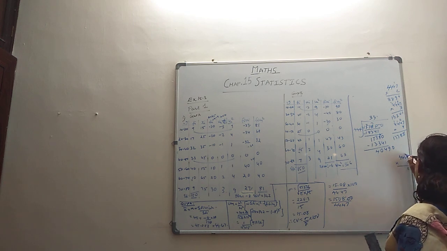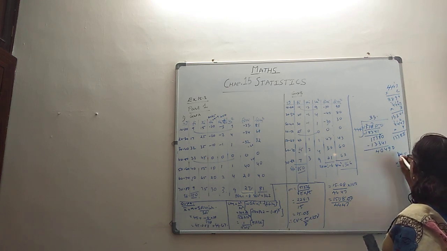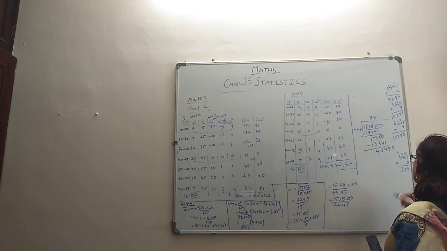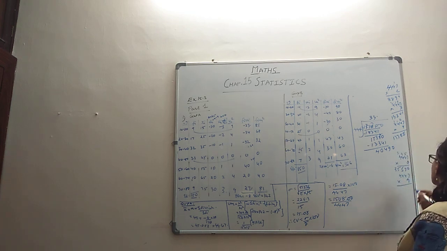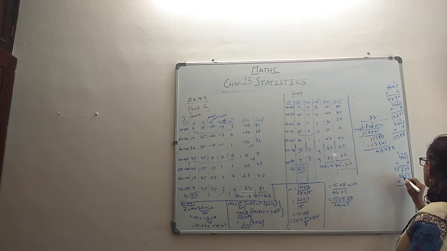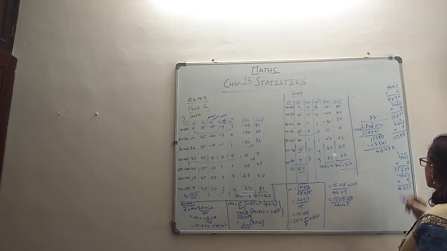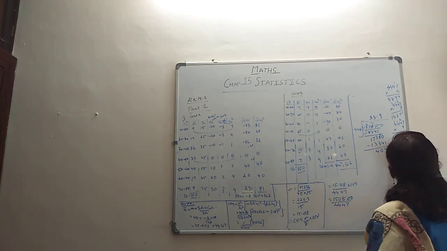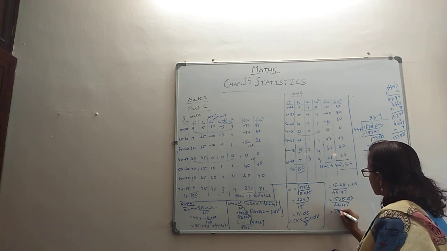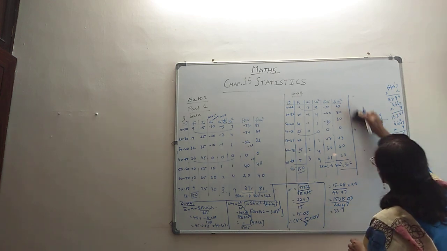7 8s are 56, 8 4s are 32, 37, 32, 35, 32, 35. 9 will become, yeah, 9 also should be okay. Let's check. 7 9s are 63, 9 4s are 36, 42, 9 4s are 36, 40, 36, 40. Yeah, 9 is okay. 33.9. Yeah, so that is our CV. It is 33.9. So this is our group A.